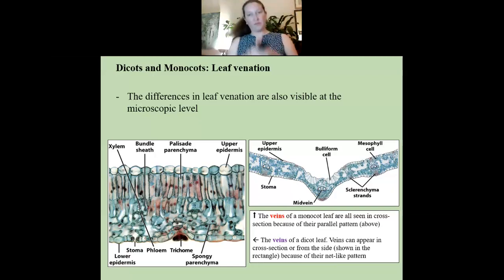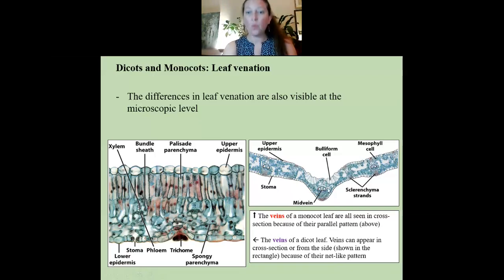Okay, so pretend these are veins of a leaf. If you have parallel veins, here's my parallel veins, they're all parallel to each other. And I do a cut through the leaf to do a cross section. When I look at that cross section underneath the microscope, all the veins are going to be pointing at me because they were parallel to each other. And so that's what we see here on this monocot